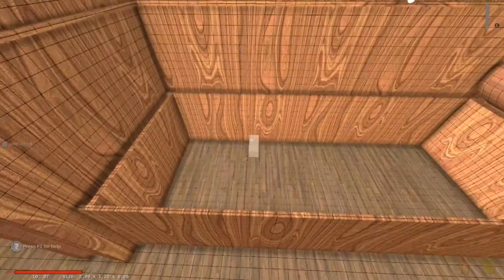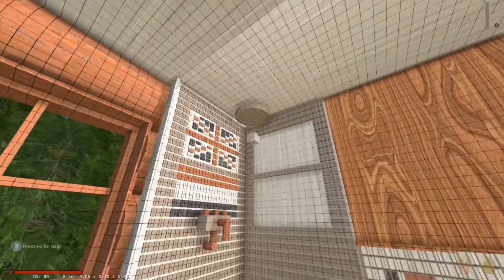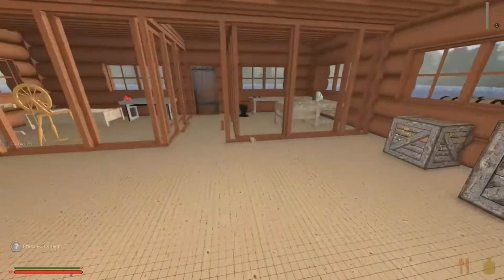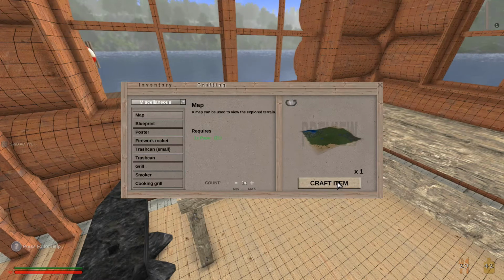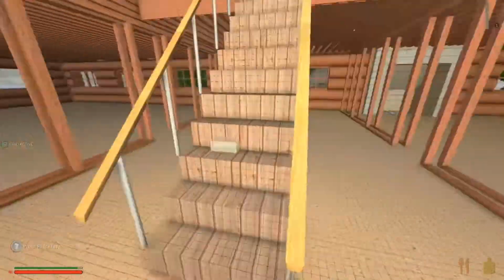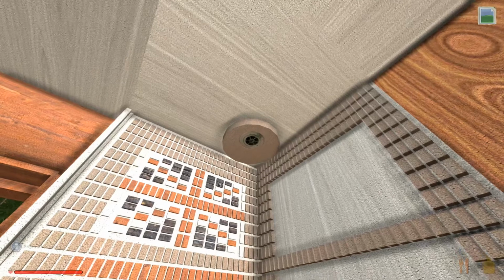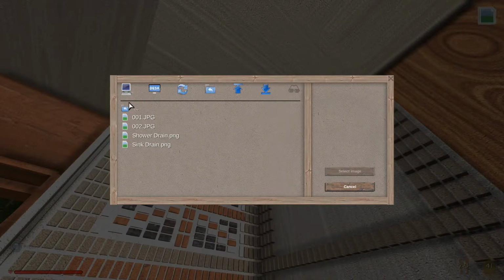Okay, so we're almost ready to do the bathtub. We've got that one in place. We still need to put that one in, so let's quickly do that. Let's grab a poster. Poster. Number 2. And we don't want that up there, so let's left click and upload image. We need to go back one